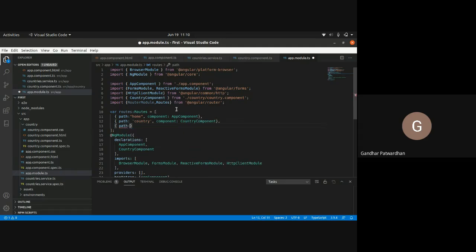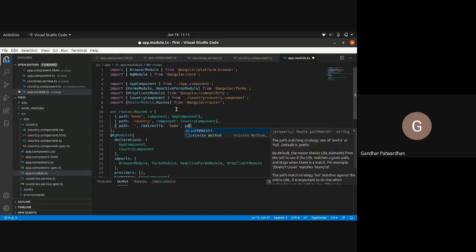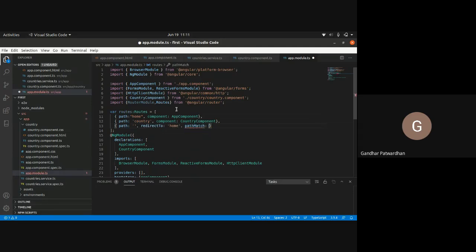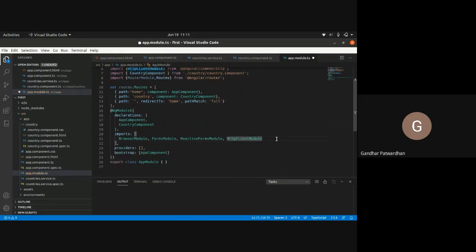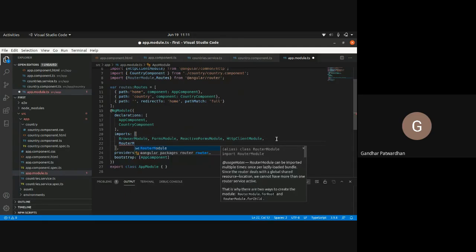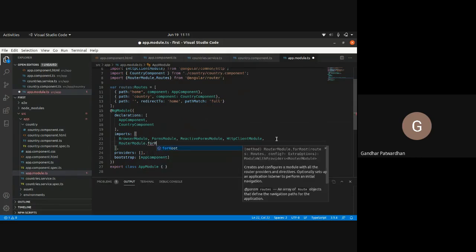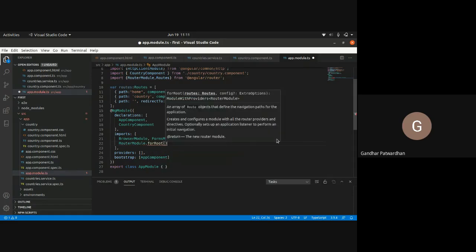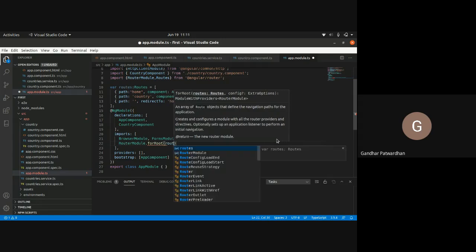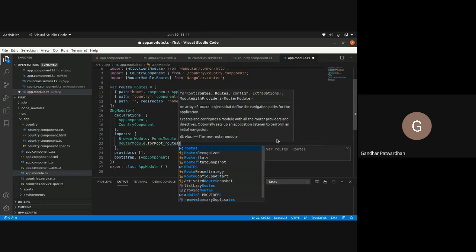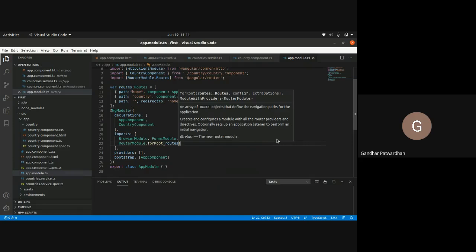I would say path is default, redirectTo home, and pathMatch full. Then in my imports, I would simply say RouterModule.forRoot, because this is the app module. We'll use forRoot, and I added routes here.